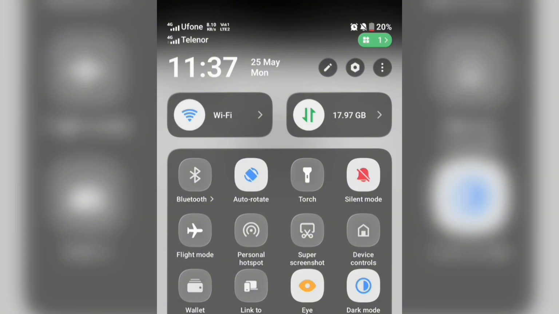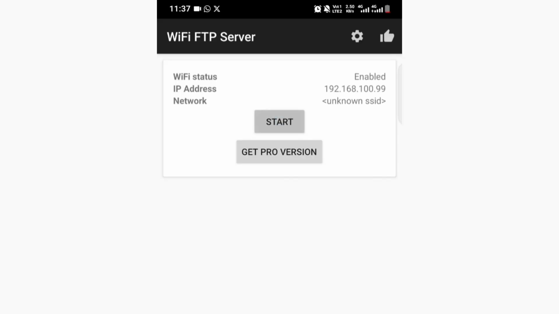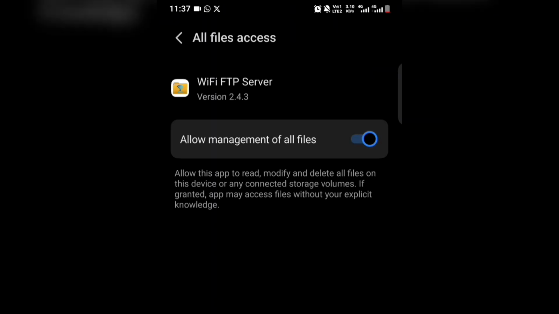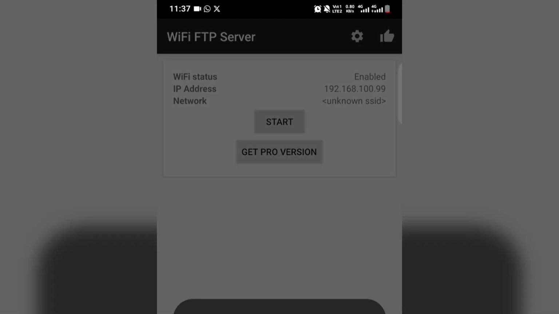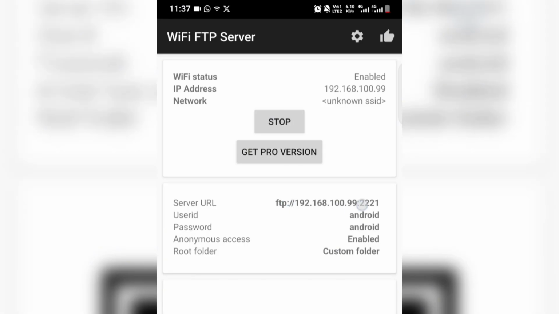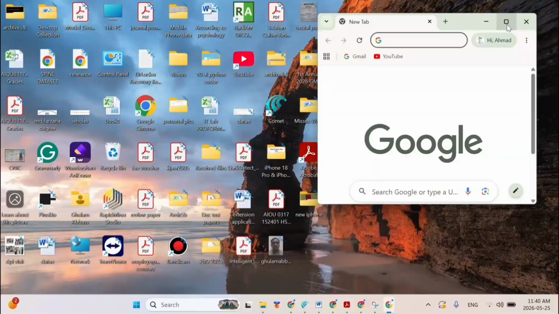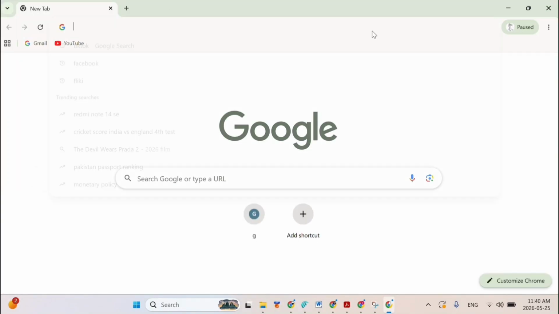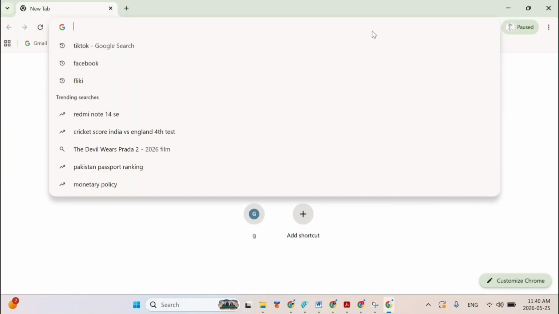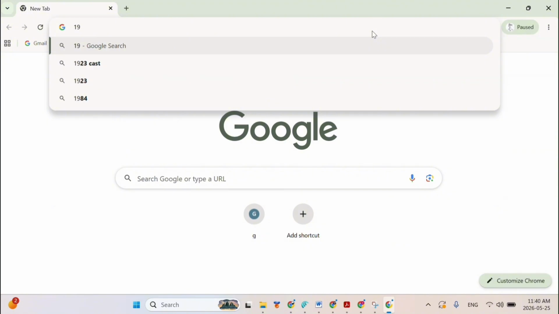Step 4. Tap on the Start button at the bottom. The app will ask for storage permission. Allow it. Step 5. Once you tap Start, the app will generate an FTP address, IP address like this: